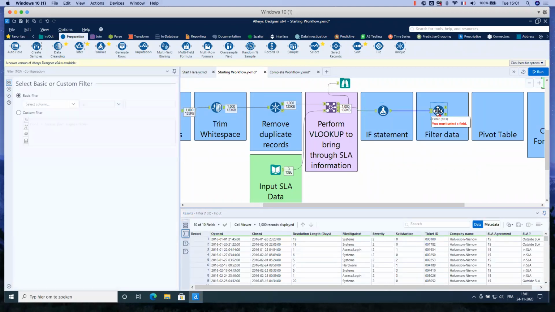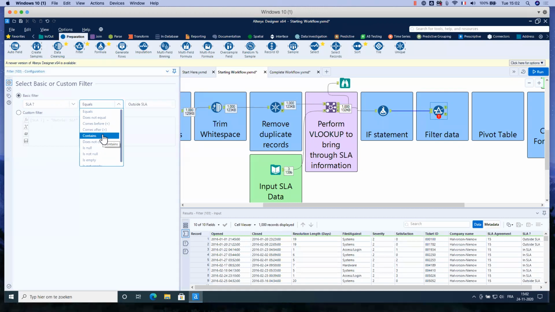Here you need to select the column that you want to use as a filter. In this case, it will be SLA, not equal to, outside SLA. Here it's a string, so it can be equals, does not equal, or contains.